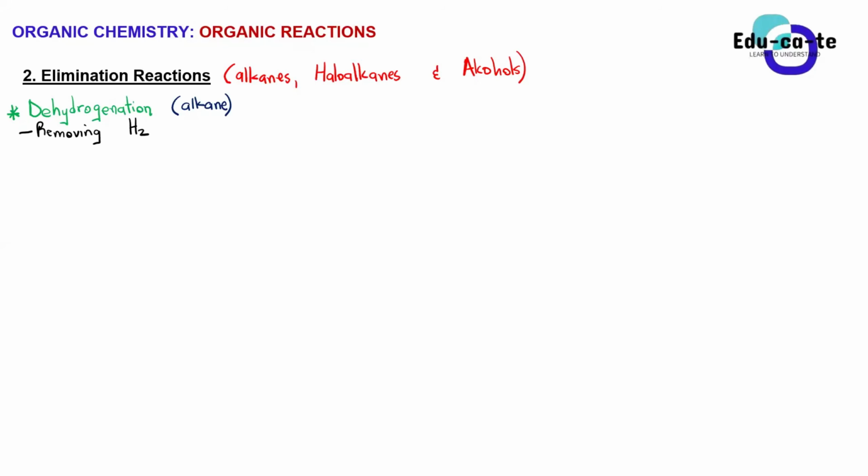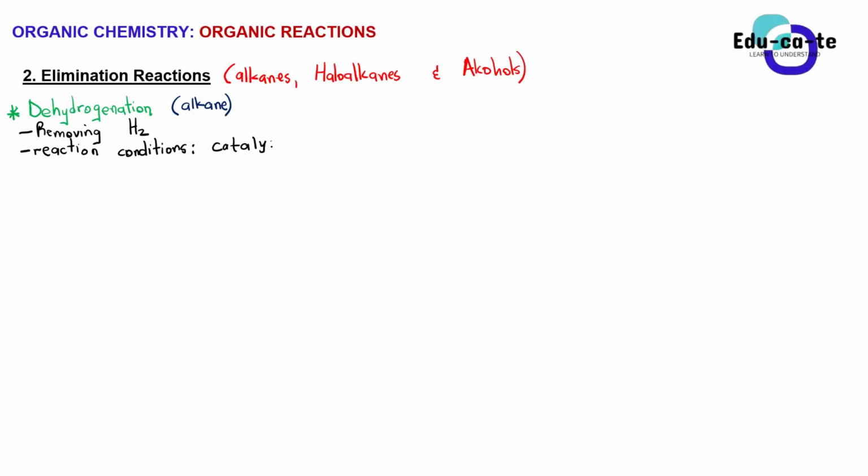Okay, but now alkanes can undergo elimination reactions, and the first elimination that alkanes can go through is dehydrogenation, whereby we are removing hydrogen. And for us to be able to do that, if they ask for the reaction conditions that we need to be able to remove a hydrogen, we still need the same conditions as we did for adding hydrogens. So the reaction conditions that we need here are still the same. We need a catalyst,